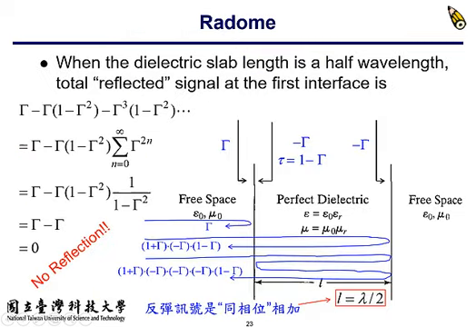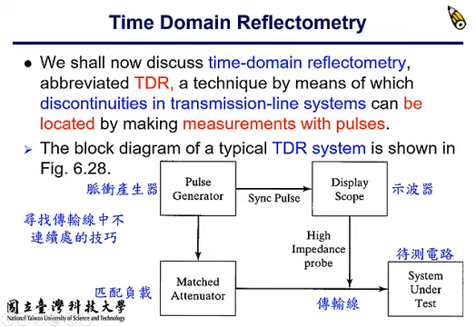Alright, so that's the first case, putting into the multi-transmission line section. And here's another example shown in the textbook. The name of this technique is TDR,